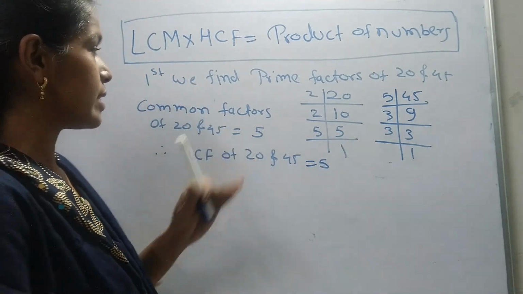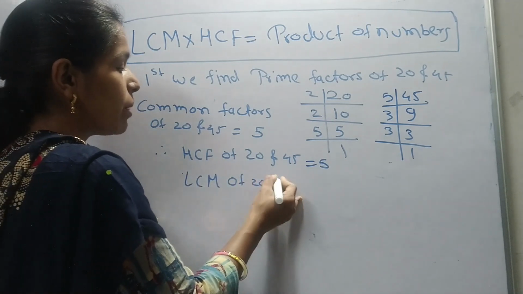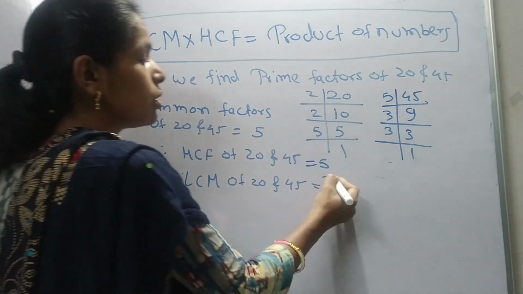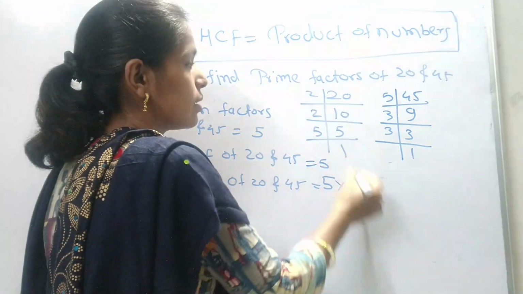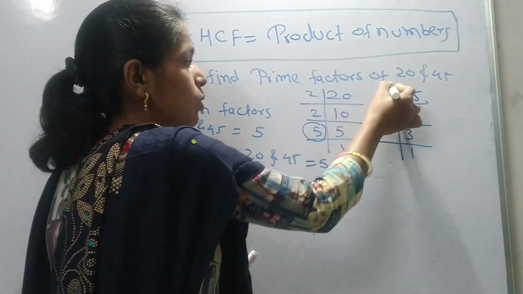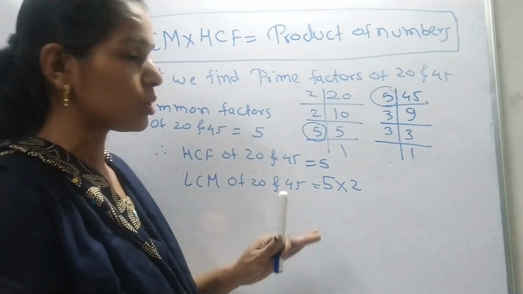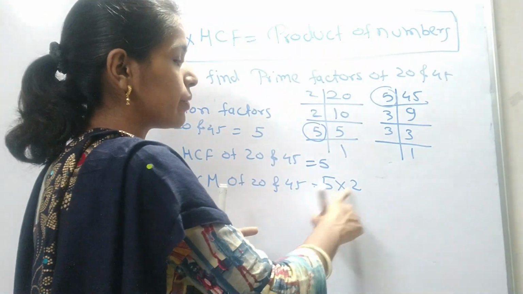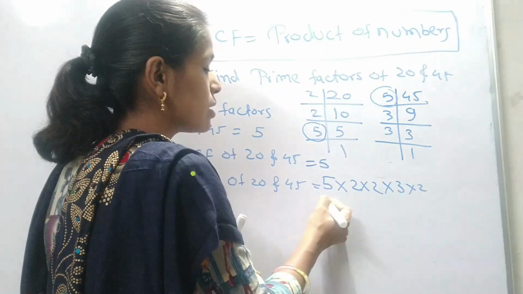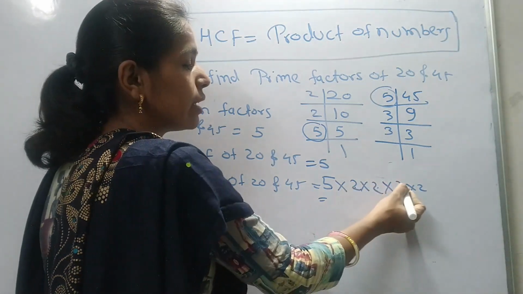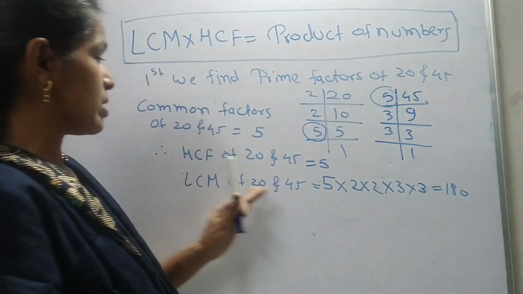And let's find its LCM now. To find the LCM, we will multiply the common and uncommon factors. Here 5 is the only common factor, and now let's multiply it by the uncommon factors. This 2 is uncommon. This 5 is common in both, so we have written it once. So HCF is only the common factor among these two. Now, to find the LCM, we have to multiply the common factor with the uncommon factors. This 2 occurs 2 times, 3 occurs 2 times. So multiply this. What will you get? 5 twos are 10, 10 twos are 20, 20 threes are 60 and 60 threes are 180. So its LCM is equal to 180.